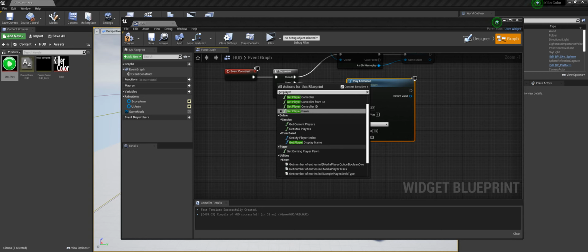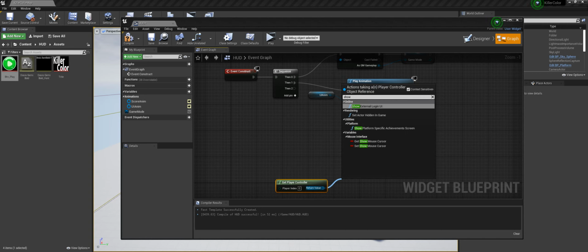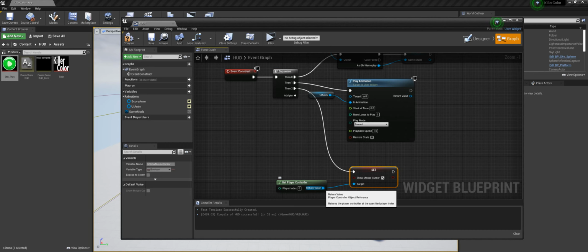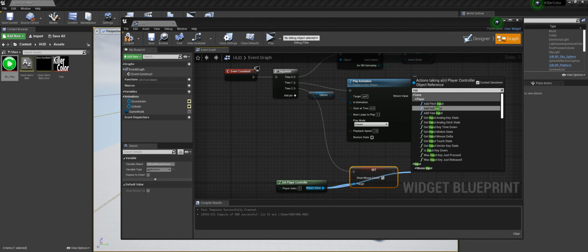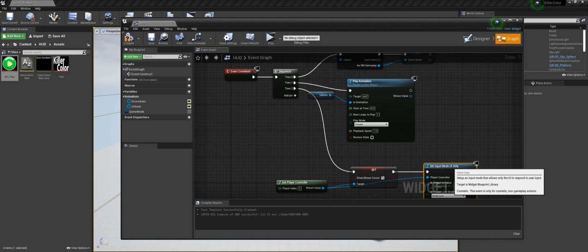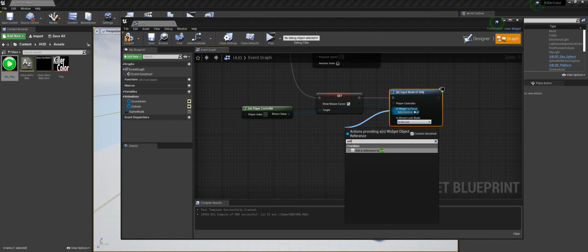Player controller, show mouse cursor, and we set it to true, and we set the input mode to UI only. So what that does is it stops the gameplay from having access and gives UI the control. And for widget in focus, we can say self. So get reference to self,